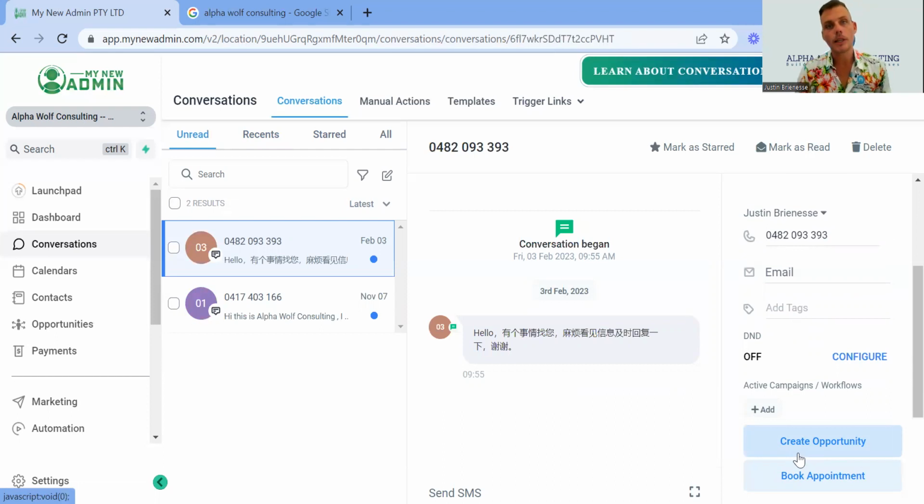So it's really good in the context of if you're getting text backs, or you're getting calls from marketing campaigns, or you're getting messages from your socials or anything like that. We're able to easily create an opportunity to move that from being a conversation to a new lead, and then through that put them through our sales process by booking an appointment. So it's just easy for you to, on the go, create and book appointments, and create and book in opportunities,